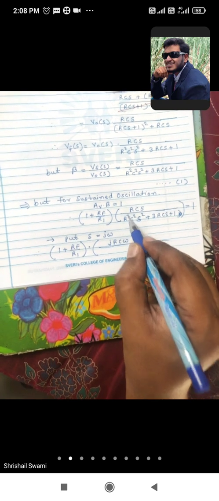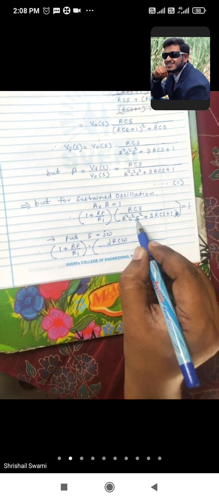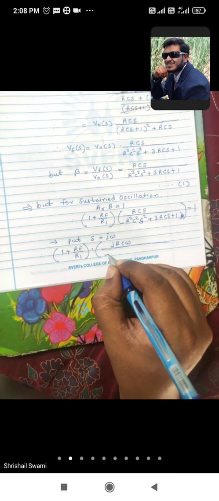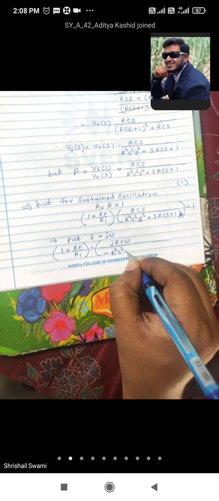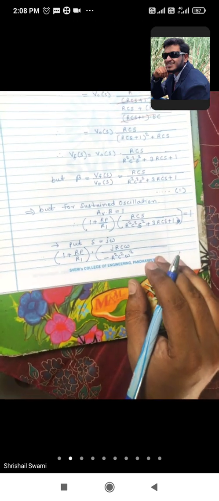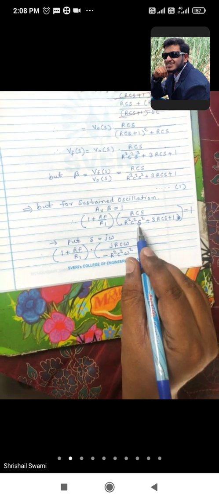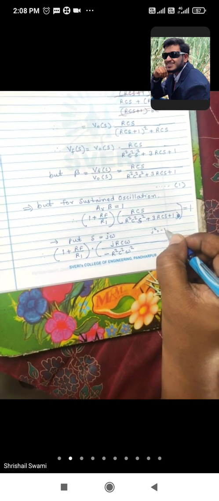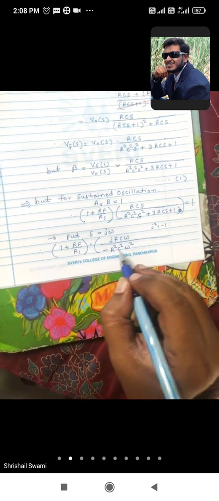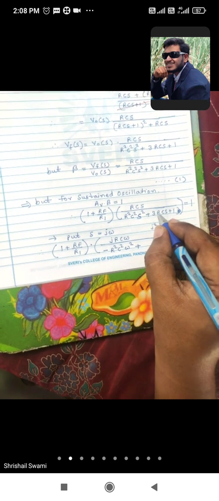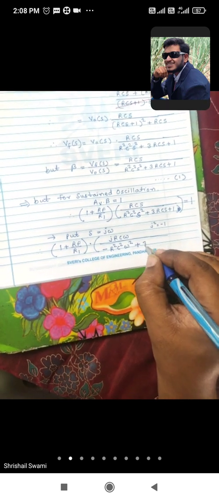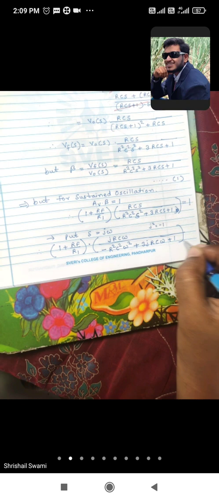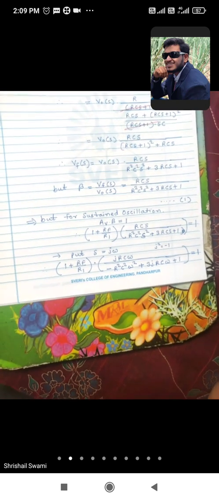डिवायडेड बाय इथं काय होणार, आर स्क्वेअर राहणार, सी स्क्वेअर राहणार, एस स्क्वेअर म्हणजे काय जे स्क्वेअर ओमेगा स्क्वेअर, आणि जे स्क्वेअर म्हणजेच काय -1. ओके, सो इट बिकम्स मायनस आर स्क्वेअर सी स्क्वेअर ओमेगा स्क्वेअर. बरोबर आहे. I will put here j square is equal to -1. So that's why minus is coming and omega square as it is plus 3RC and S means J omega, that is 3JRC omega, and this one as it is, bracket complete, is equal to 1.